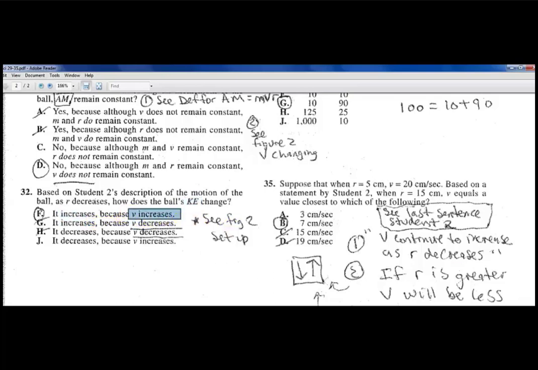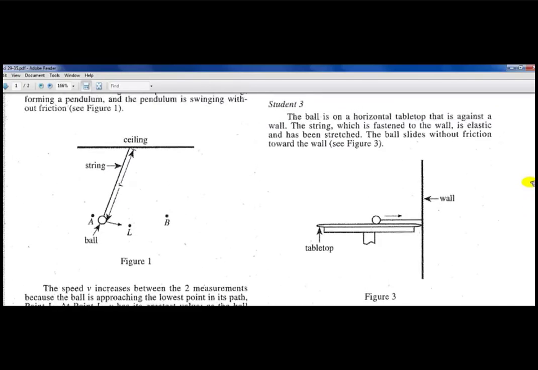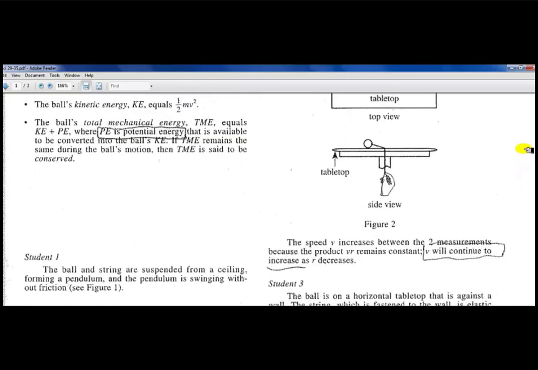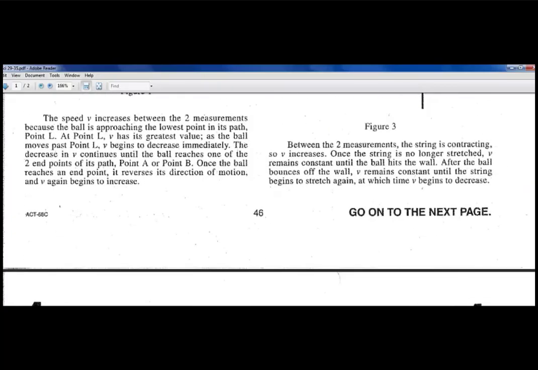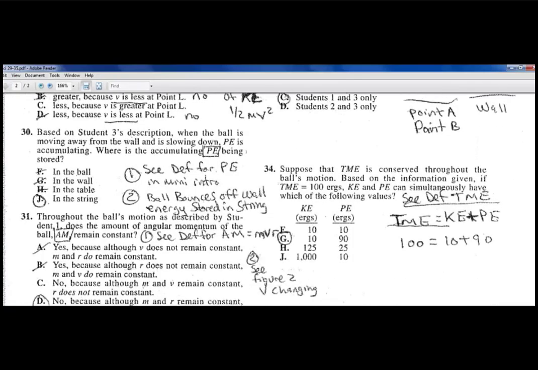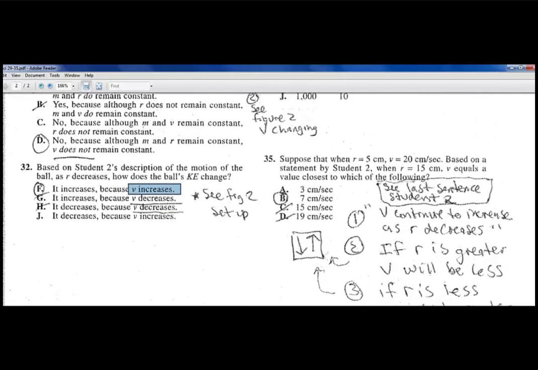Once again, look at that up here. You see the ball, and when you decrease this line here, the ball is going to speed up to the hole, and the kinetic energy, the movement, is going to increase because the ball is stationary and speeding up till it finally hits the hole when the string is underneath the table and no longer on the top of the table. Correct answer for this problem is going to be answer choice F, increase